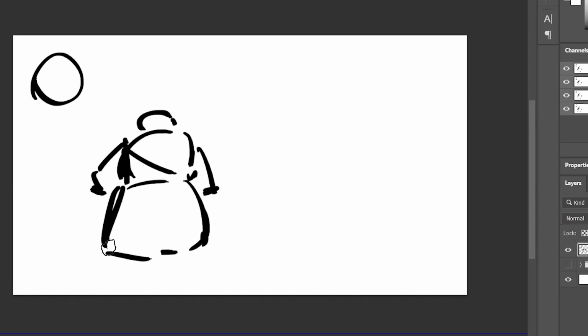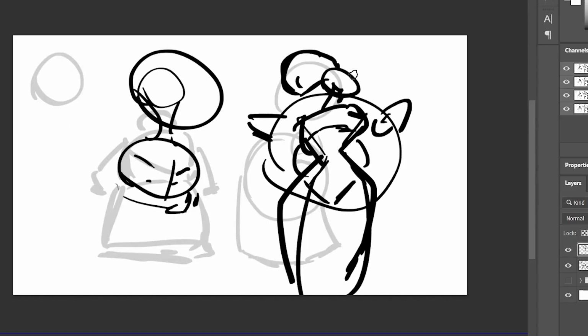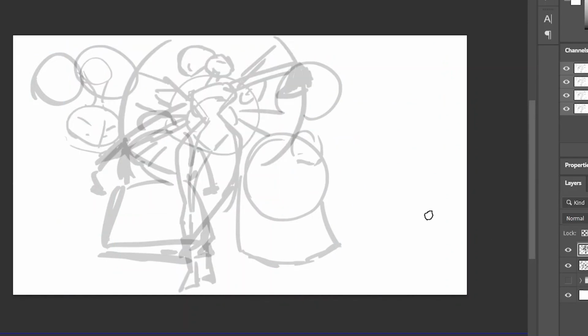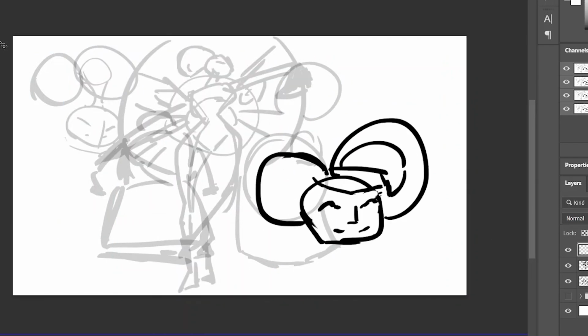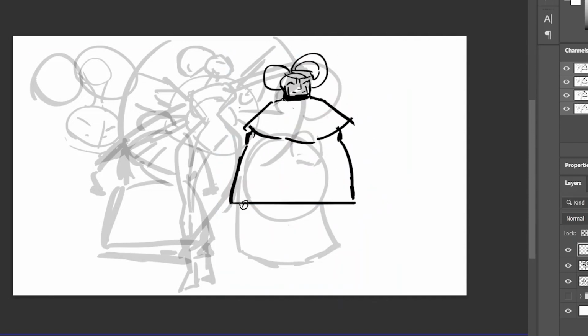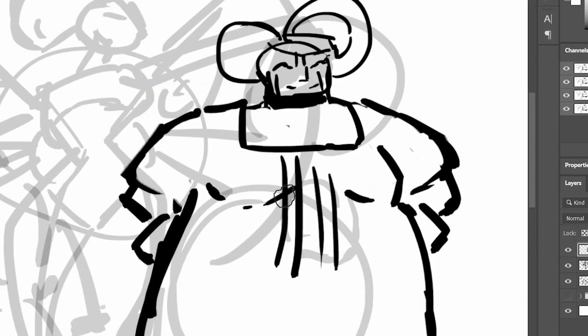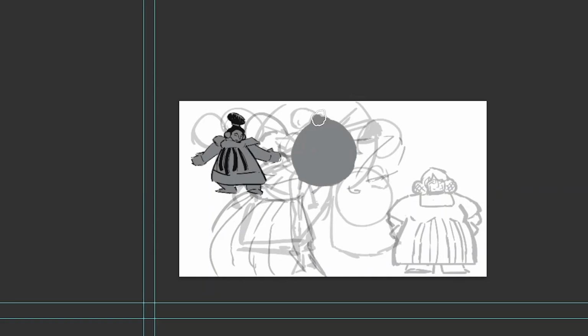So the third character was definitely the first character I thought of when making this. I instantly got the image of her that I wanted to see. This is actual exploration trying to break that first idea I had. Seeing as the other two characters, Mayan and Aztec culture, fit heavily with geometric shape language, it's all very hard angled, very rigid, and even if it's not hard angled,